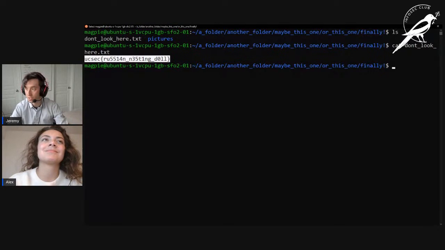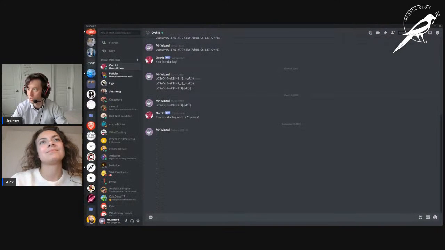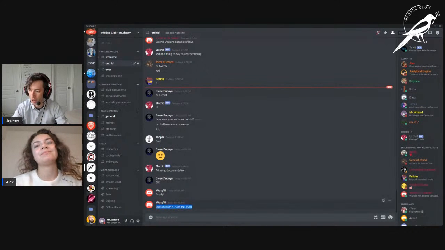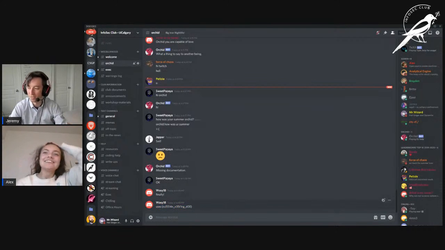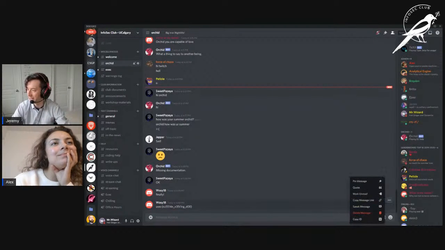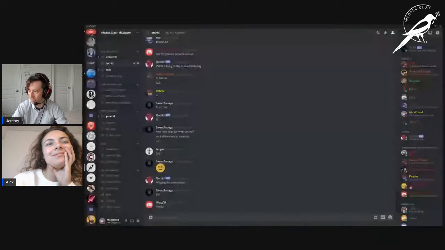So I'm going to demo this. To get points, you copy the flag. You go to our server. Yes, someone posted a flag just in the server, if you can see here. This is not the thing to do. You're not supposed to share flags with people. The rule of a CTF is no flag sharing. So if you've done that, it's because you've made a mistake. Orchid will not accept a flag done this way. In fact, I'm going to delete that. Oh, there we go. It's already gone.